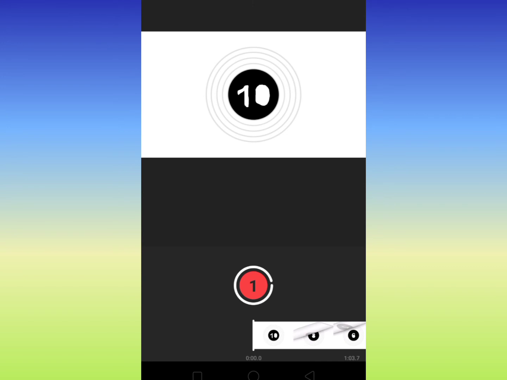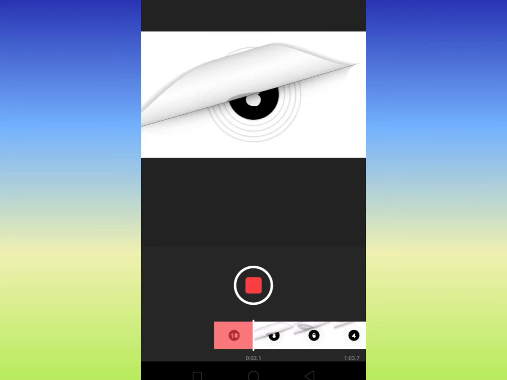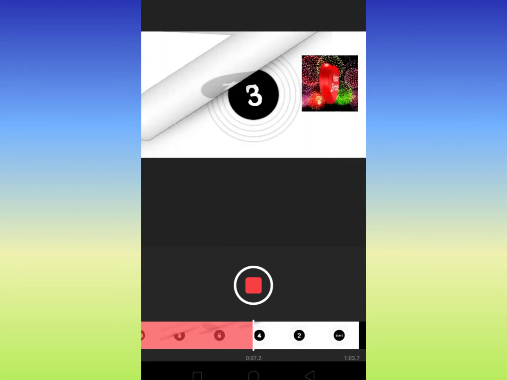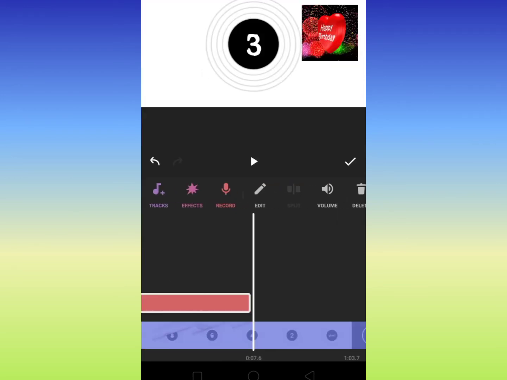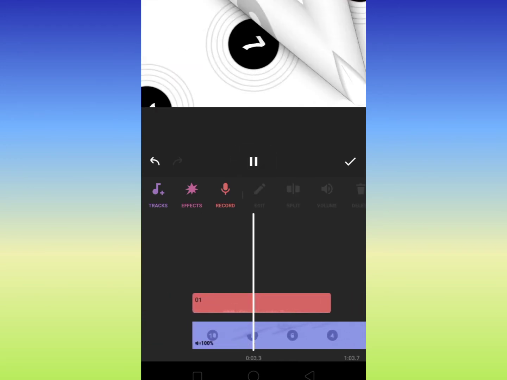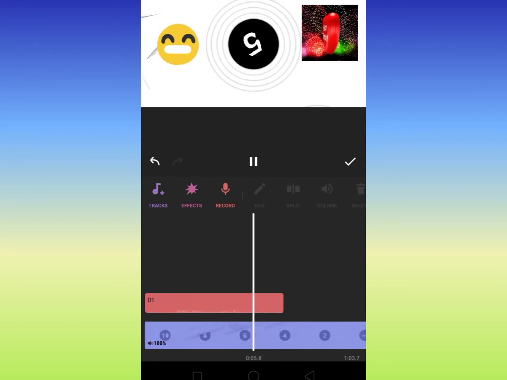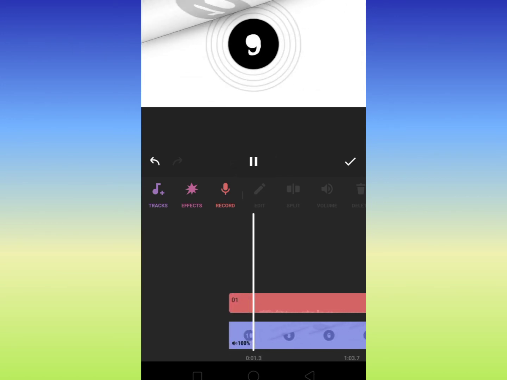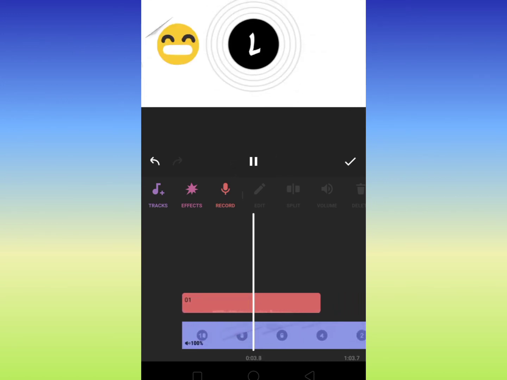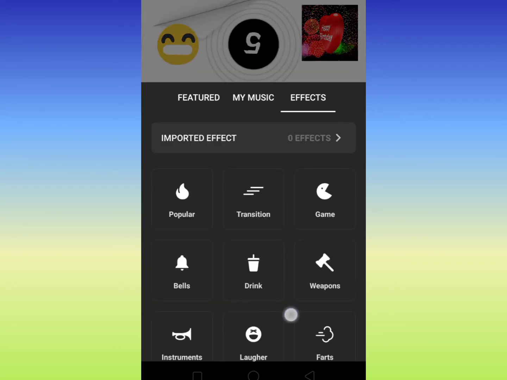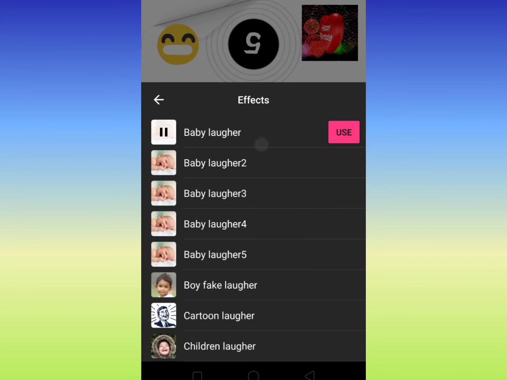So now this one is the record option over here, and you can record directly, you can do voiceovers as well, and till this red is there, that is your recording which you have recorded. So you can play and you can check whether your recording is fine. If you want to record some more, you can bring this white line cursor on the spot where you want to record, and this is again the effects option. So in effects you can again use various types of effects,